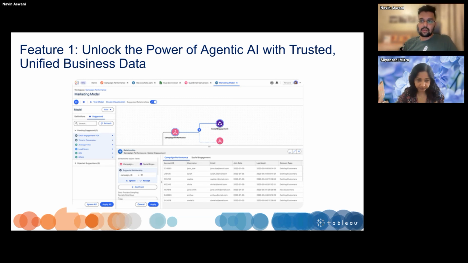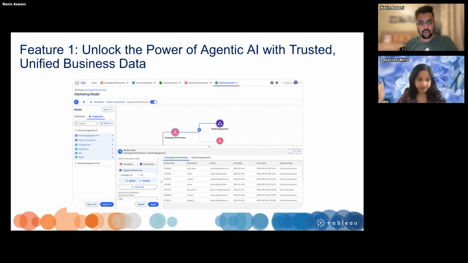So in this, you can now quickly model your relationships across your different data sets. Like here, they have shown the campaign performance and social engagement, but you can do a simple data modeling. Like if you want to join account with your opportunity and contact detail, you can do it over here. You can give a definition to each of the fields, what does that mean? And the result would be your teams would be spending less time stitching the data together, and having more time getting the real answers, I would say. And also it will be making impactful decisions across your organization.